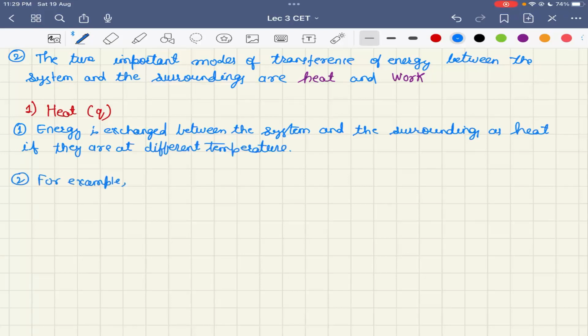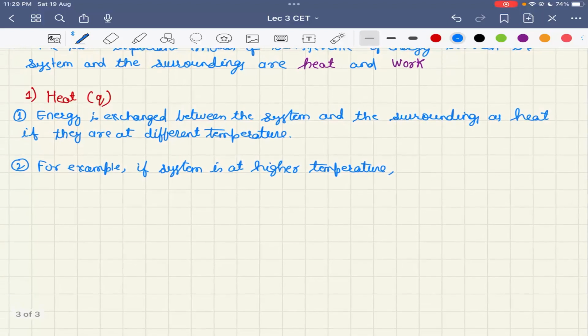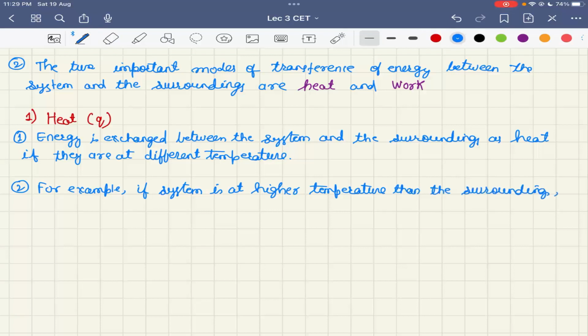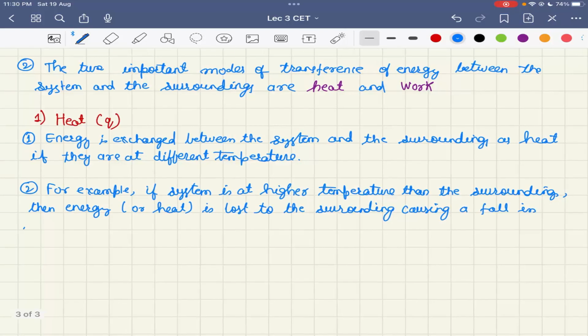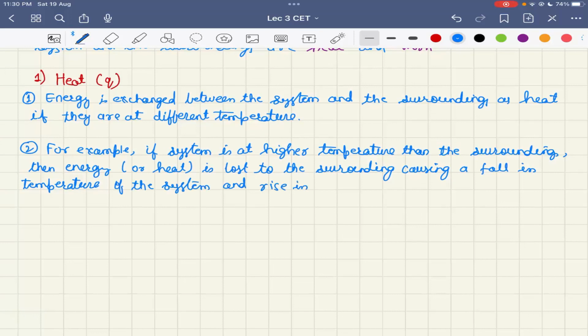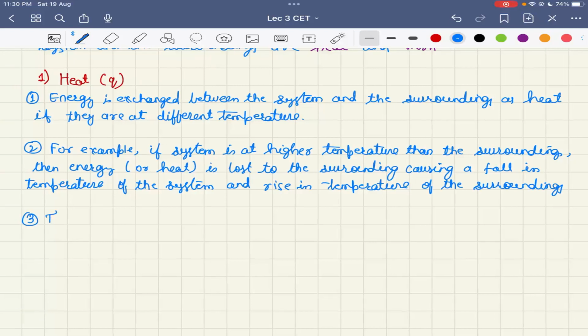For example, if system is at higher temperature than the surrounding, then energy or heat is lost to the surrounding, causing a fall in temperature of the system and rise in temperature of the surroundings. Right? This process continues